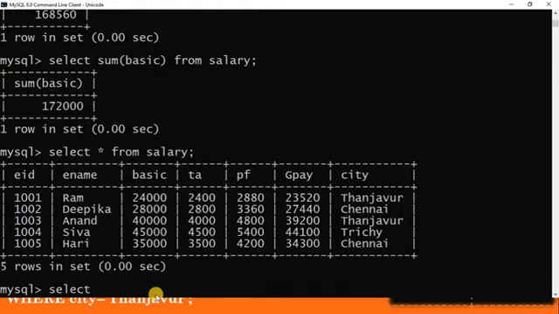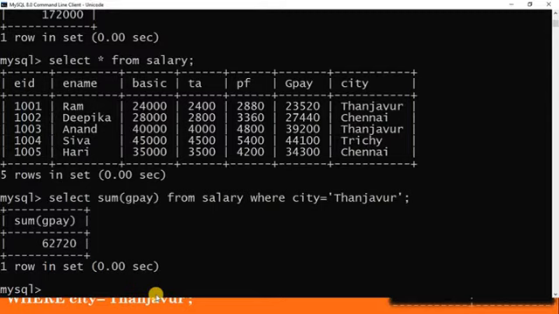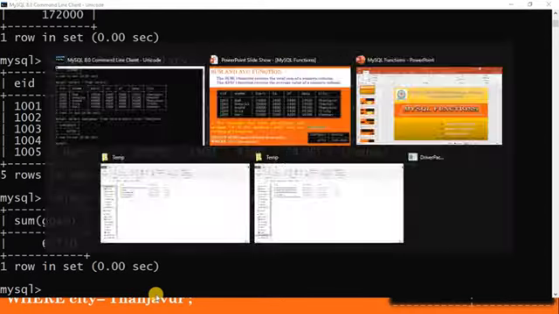So select sum of GPay from salary where place should be equal to Tanjore. See, only two staff came from Tanjore. One's salary is 23,520 and the other staff's salary is 39,200. So total 62,720 only.